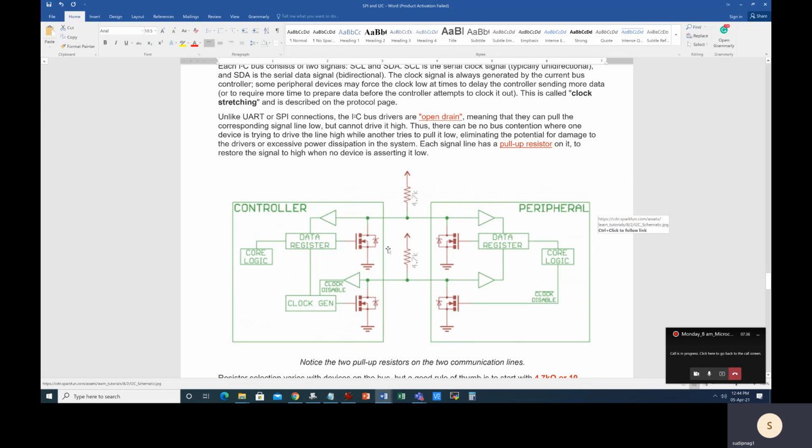So this open drain concept along with the pull-up resistor is compulsory in any I2C bus. That means if you connect more than one peripheral device, all the peripherals will have open drain. Whenever you want logic 0 to be communicated, you just turn on the transistor, and whenever you want to communicate logic 1, whether it is controller to peripheral or the other way, just leave the transistor off. As a result, the pull-up resistor comes into the picture.